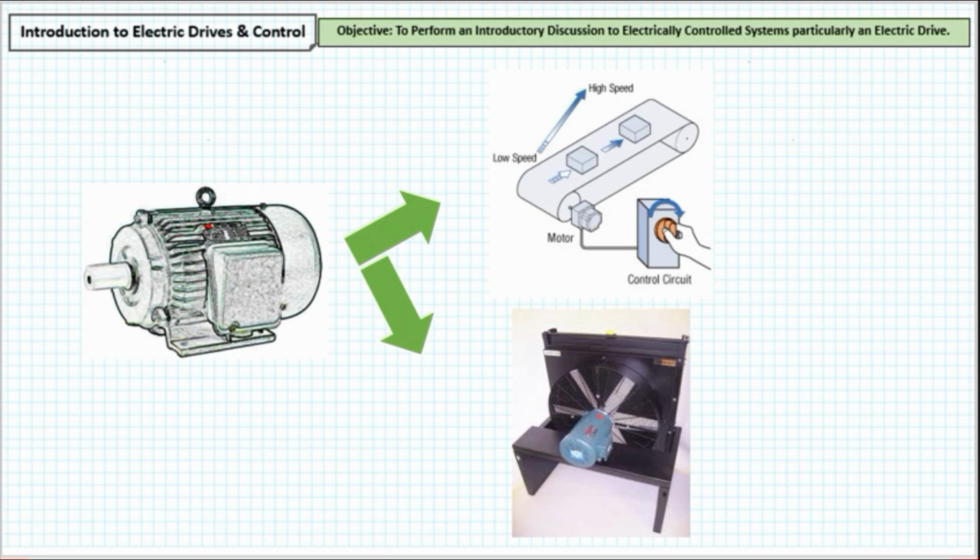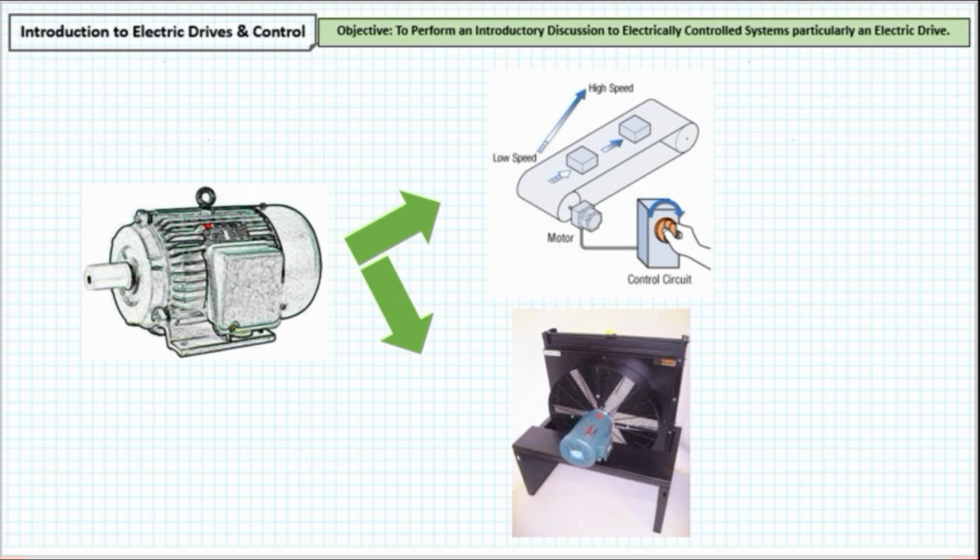Okay? So, given the definition of electrically controlled system or an electric drive, we can say that yung mga motor natin na kino-control, hindi siya nag-iisip mag-isa. They are not thinking machines. They are not self-aware and they cannot make their own decisions. Okay? So, that is why we have to create a control system that can perform kung paano natin siya gusto gumana. So, i-discuss natin later kung paano.